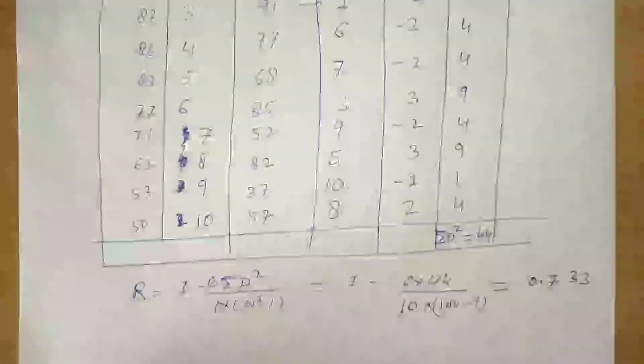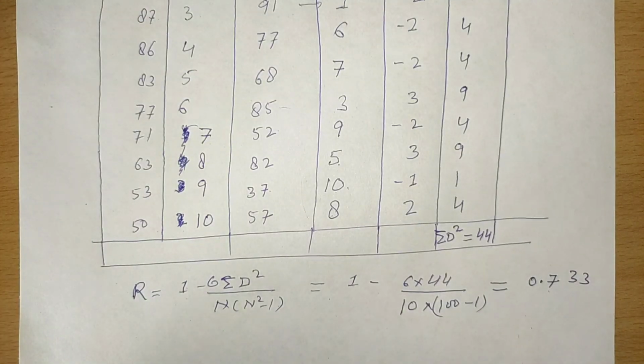So far I have discussed the scatter diagram, then Karl Pearson's correlation coefficient, and after that the Spearman rank correlation coefficient. In this I have taken two types of problems: in the first type the ranks are given, and in the second type you have to assign the rank to each and every number. In the next lecture I will discuss when the ranks are tied.